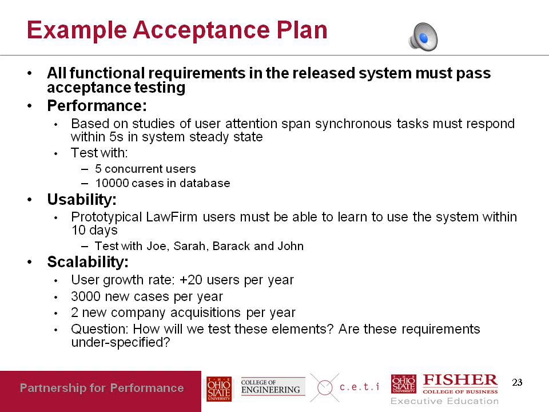So in a typical acceptance plan, the acceptance plan for the functional requirements is usually not spelled out in detail. Typically, there's simply a line that says all functional requirements in the released system must pass acceptance testing or something like that. Of course, if there's a very critical functional requirement, you might provide some more detail, but typically all that is said in an acceptance plan is all the things it was supposed to do, well, it should do it, okay? But when it comes to the non-functional requirements, okay,